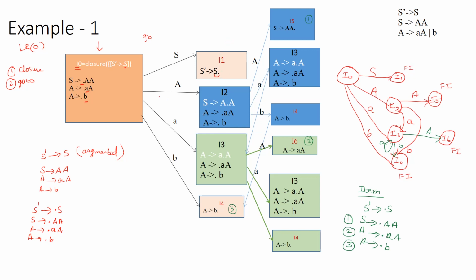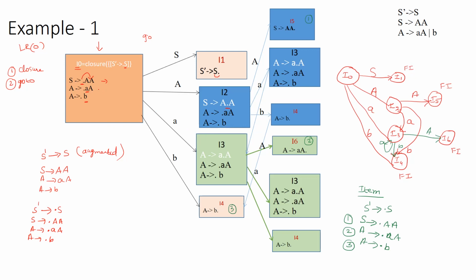We'll stop here and now we'll start with this particular production. So apply A. So here S derives A dot A. So we have moved this dot here. When the dot is moved to this position, there is a non-terminal after the dot. So you have to write all the productions of A. So we have written A derives dot small a capital A, and A derives dot b. So that has been written.